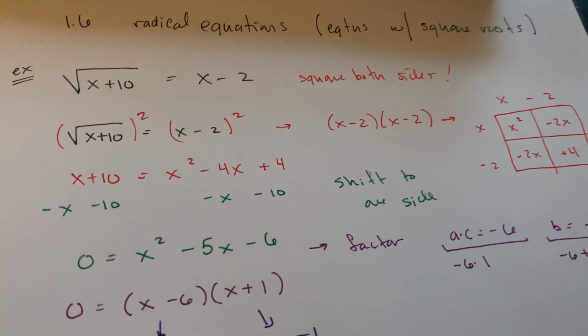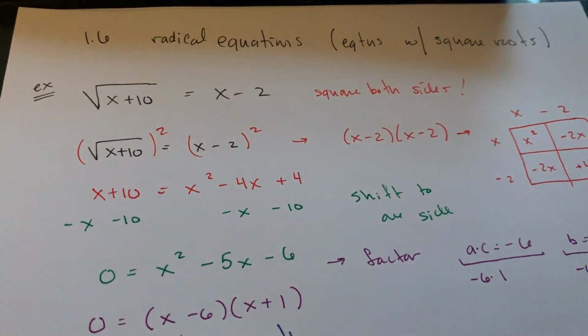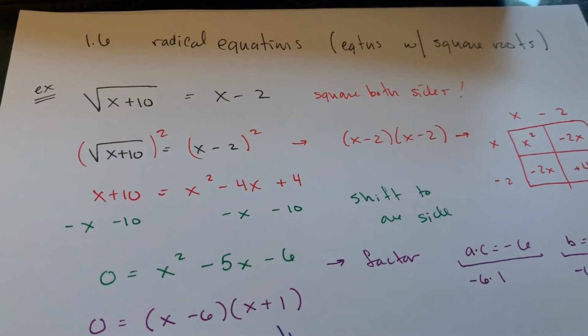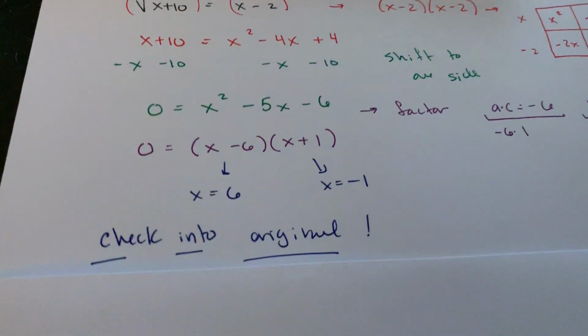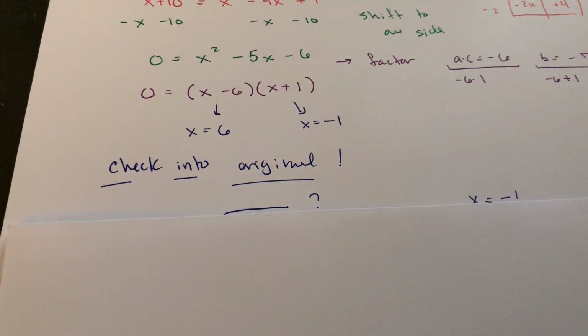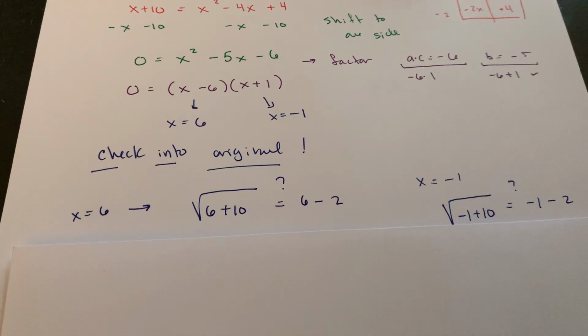So the original version of our equation, right, this root of x plus 10 equals x minus 2, that's really what we're trying to solve. It sort of becomes this other format that gives us these two answers. But if I do a check, I guess we'll just sort of,